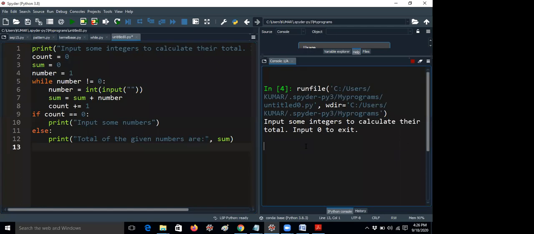I am giving 50. I am giving 30. I am giving 10, and you have to enter up to 0. For example, 0 is the exit condition. You can give any number of elements, not only 1, 2, 3, 4. You can give up to 100 or 1000 elements. 0 is the terminating character. That means I wrote 0 as the exit condition. You can take any other constant also. That's not an issue at all. Let me give 0.